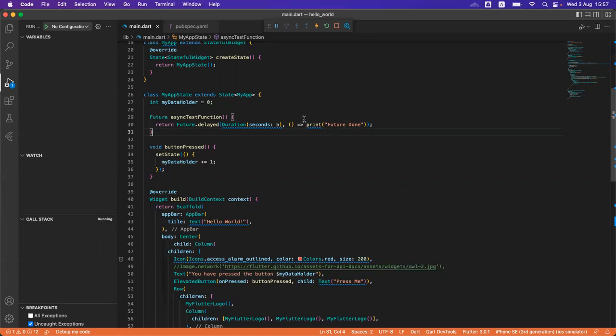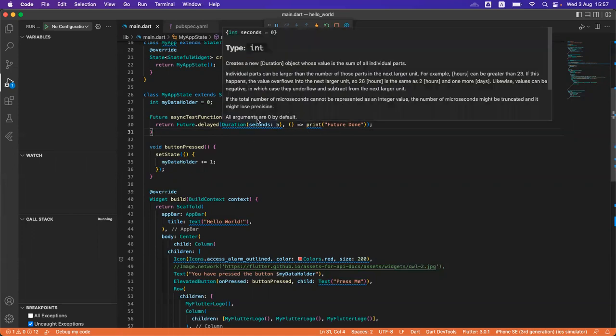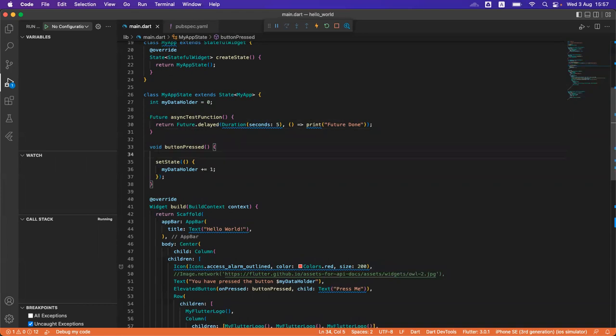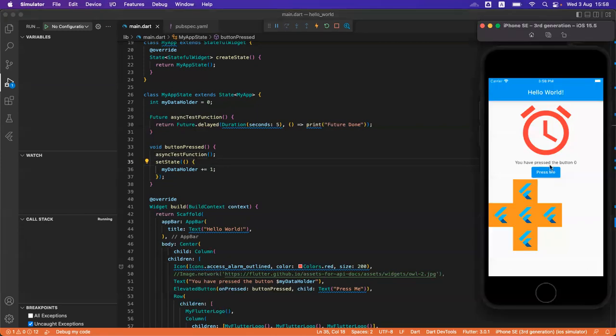So we are giving out a function to perform there. Then we are saying, okay, please wait 5 seconds before doing that, right? Now, what I want to do here is I'm just calling async test function, right? I don't have to give anything there. Now let's see, right? So it will instantly get updated, but